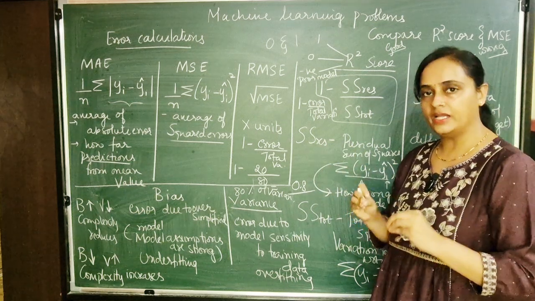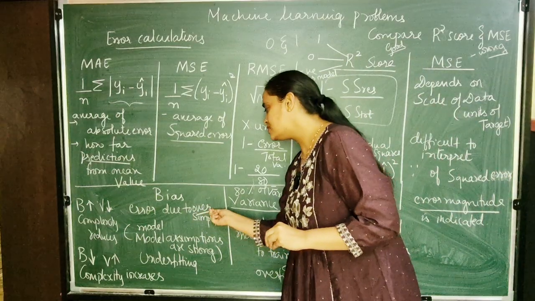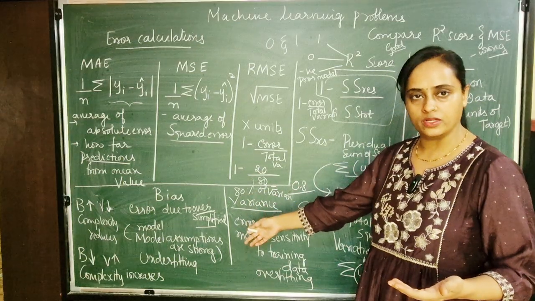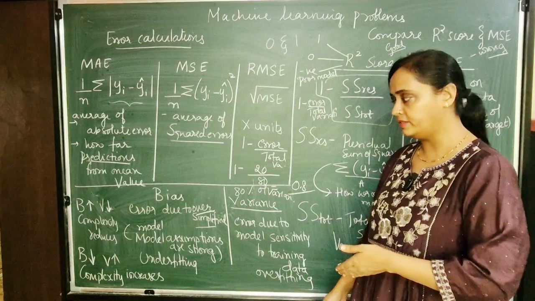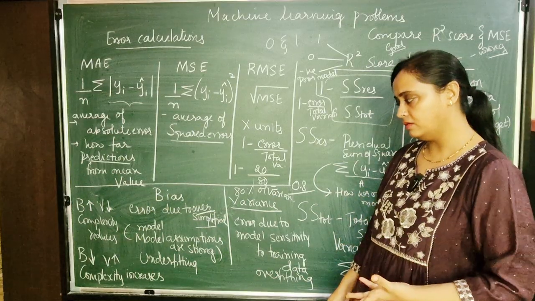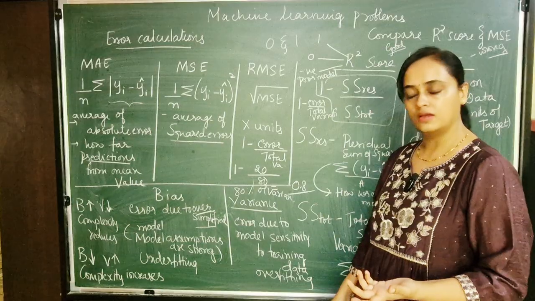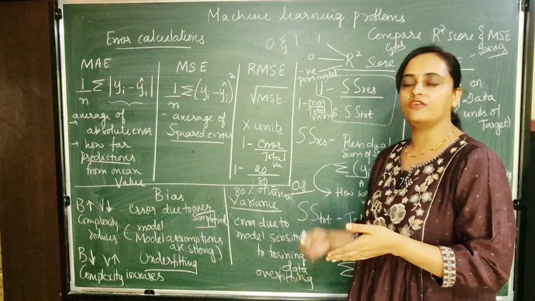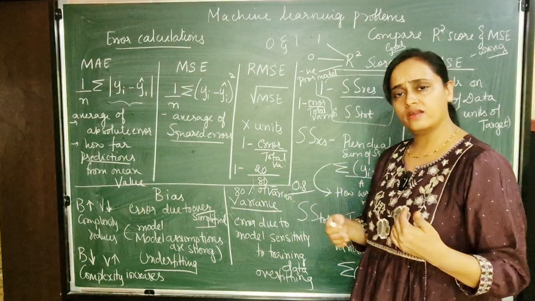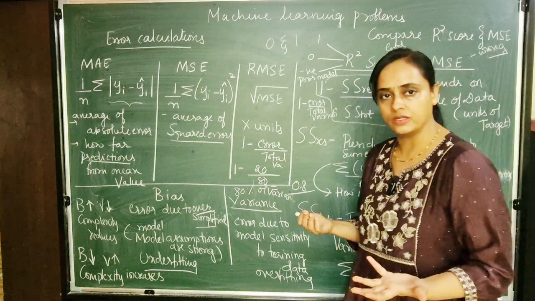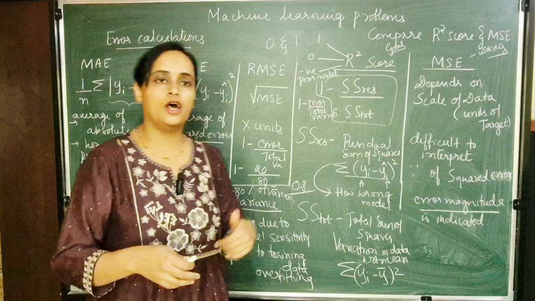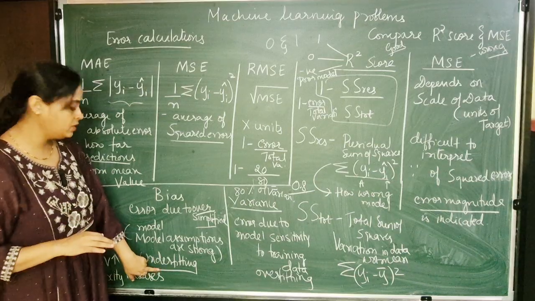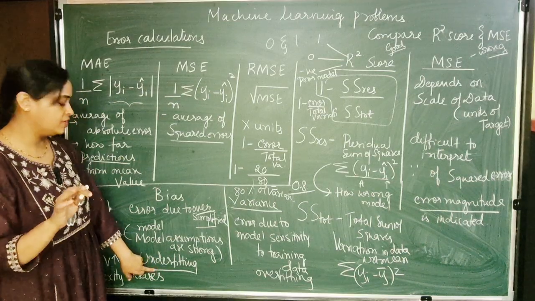Bias indicates the error which is due to oversimplification. For example, the data available is non-linear, but we have a linear model where we are trying to represent the non-linearity in the data. The model used here is simple, but the model assumptions are very strong, because of which there is underfitting. One example is linear modeling for non-linear data. Here, error can occur because of oversimplification. So automatically the model ends up underfitting because of too much simplification.